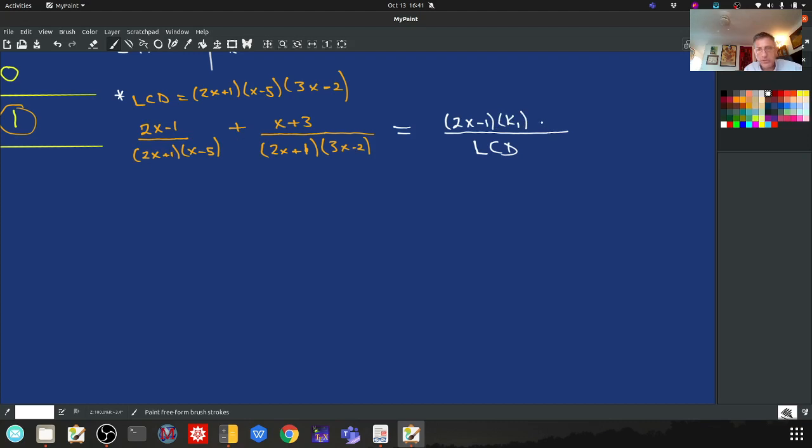Then plus my second numerator times something I'm calling my K2 value, all over my LCD. So let's find my K1 value. My K1 value is equal to my LCD divided by my denominator 1, which is 2x plus 1, x minus 5,